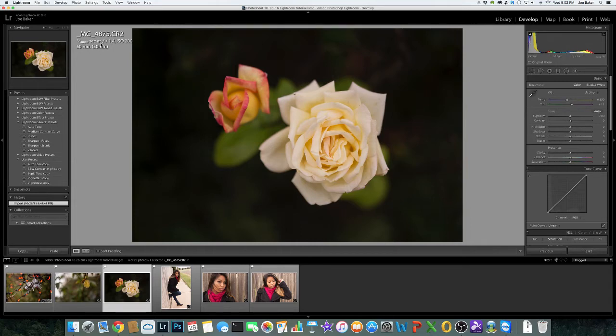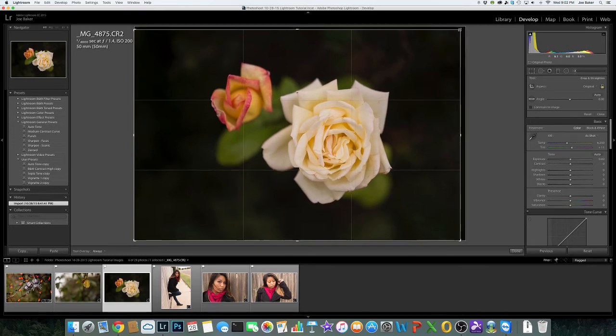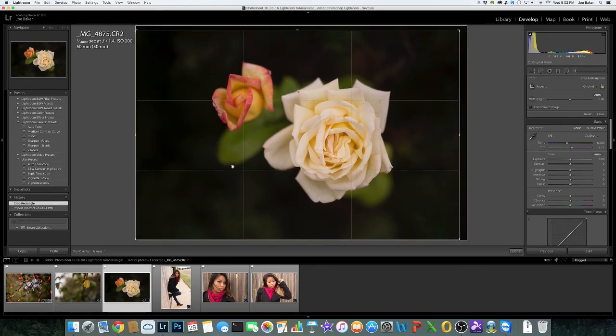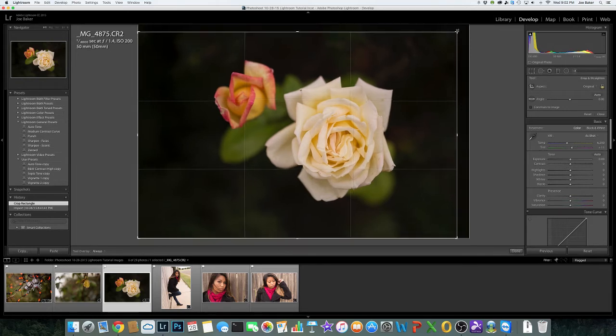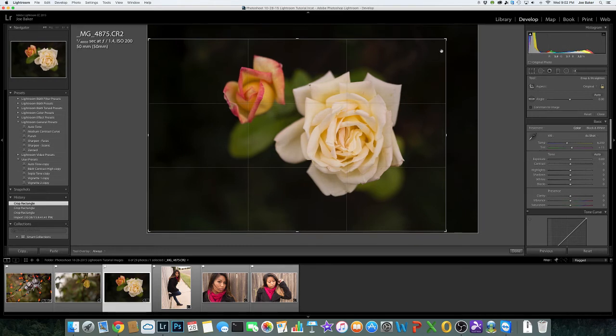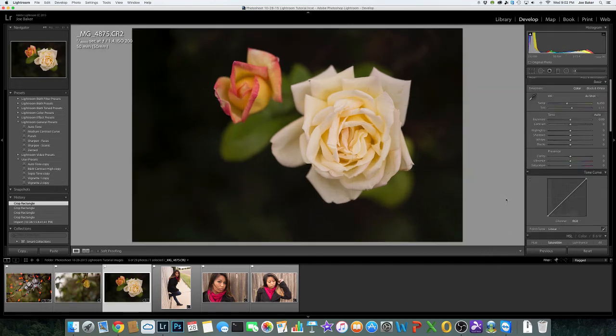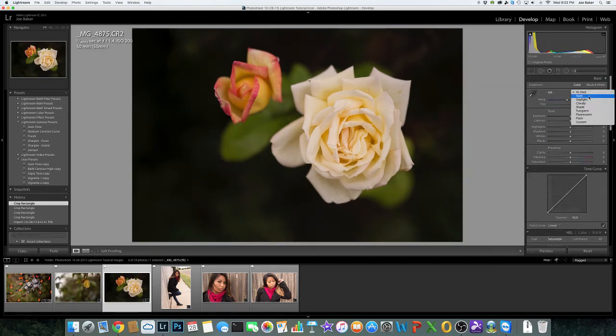And I was at 1/4000 of a second, f1.4, ISO 200, and just like any other image I do, I go to the crop tool. If there's something that I could do to make it a little bit more pleasing composition-wise, I can do that. I actually like that. I'm a big rule of thirds guy, so we have this rose in this third of the image, and then I have this rose in the right third of the image. So we hit done, and I will come up here and check my white balance,